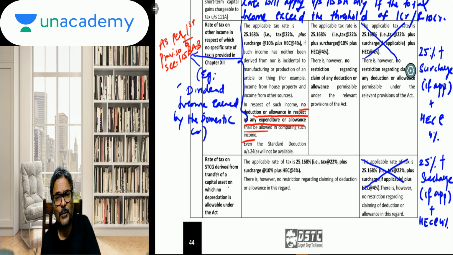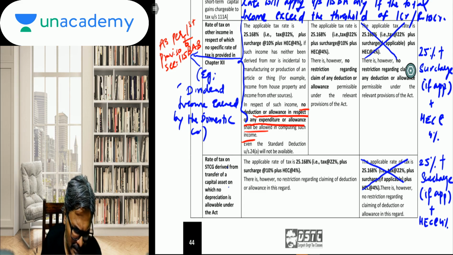But then what happens over here? In this context, will the expenditure be allowed to you as a deduction? The expenditure in this particular case, will it be allowed as a deduction? And the answer is no. So if you are talking about 115BAB, the dividend income earned by a domestic company will not qualify for any deduction. Therefore this particular point also merits our thought. It should always be borne in mind.